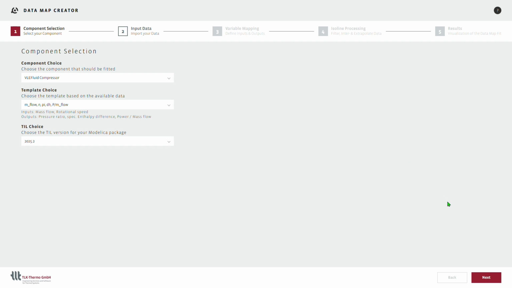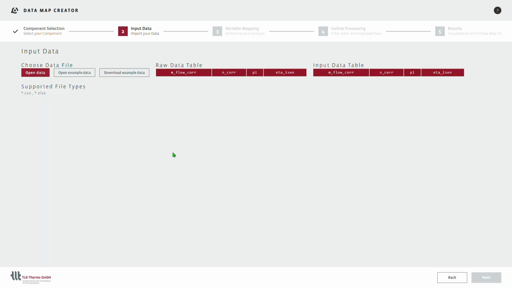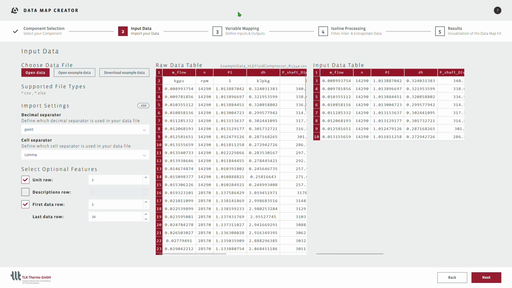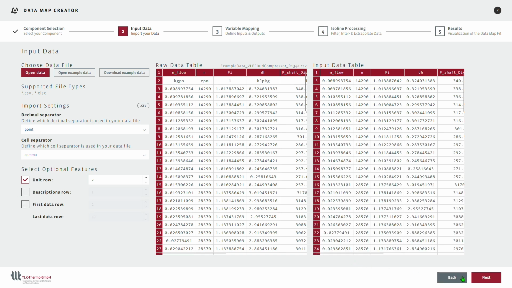As already mentioned, in the next step, you can open your dataset. To get a better understanding of what your dataset should look like, you can open an example dataset first. The adjustments which can be made to it are listed on the left-hand side. For example, you can exclude certain rows with these two features, and here with this option, you can even shorten your dataset. But that's not what we're gonna do today, so let's carry on.